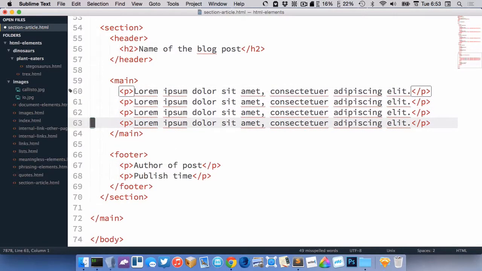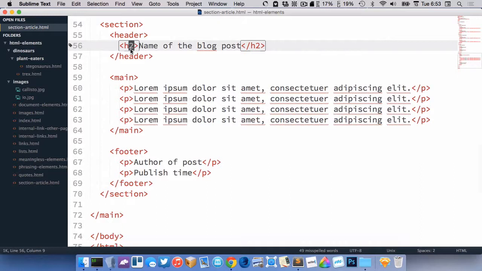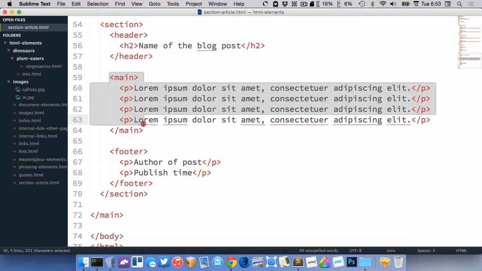So inside of here, we'd have all the paragraphs for the text of the content. So we have a header here inside of our section, we have a main inside of our section, and we have a footer inside of our section. So previously I mentioned that the header was denoting the header of our website, but really the header is the header of a piece of content. Main is the main piece of content. Footer is the footer part of the content, like a